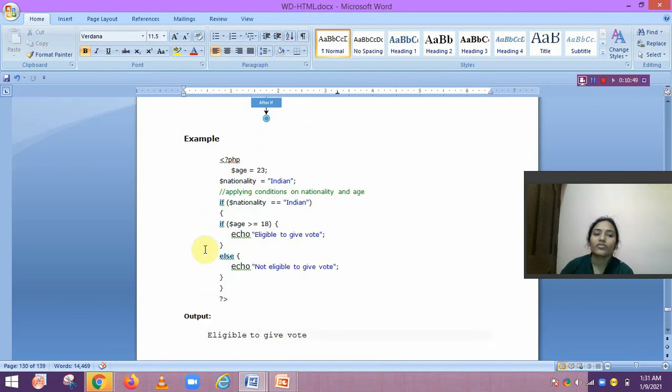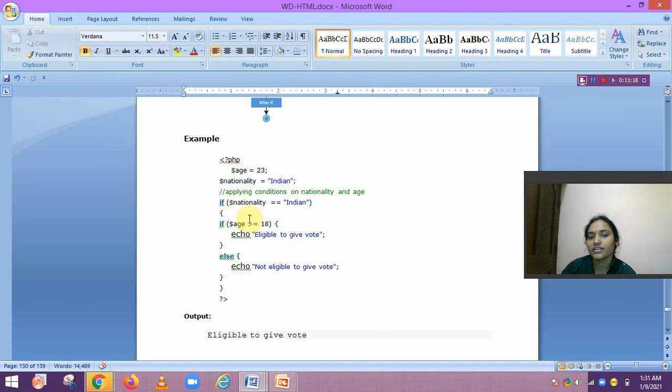For example here, first we open the PHP opening tag, then we declare a variable $age equal to 23, that means age is a numerical variable. Then $nationality equal to Indian. If nationality equals Indian, here a comparison operator is used. If nationality equals Indian, then again we check another condition.